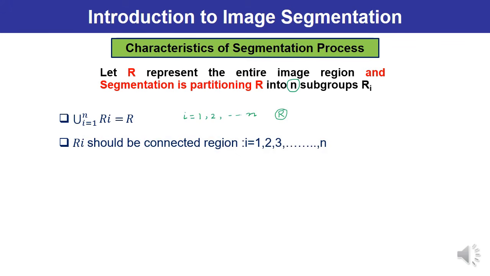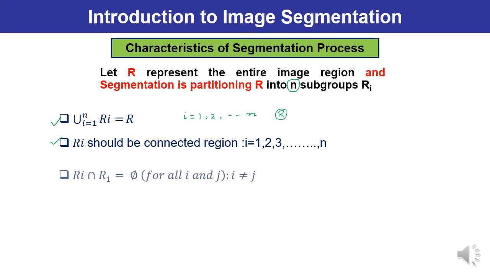So this is the objective of image segmentation. Second is the subregion, which is denoted as Ri. If i is 1, the subregion is R1. If i is 2, the subregion is R2. It means the subregion should be connected. You have seen in the previous case, there is a boundary, there is an edge. Subregions must not be open-ended. Otherwise, it would be difficult to trace the entire process. So I hope both of these points are clear to you.